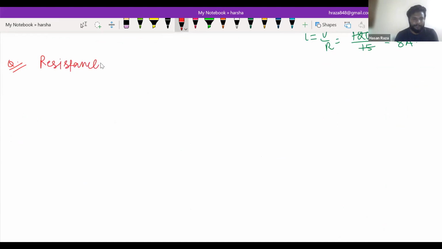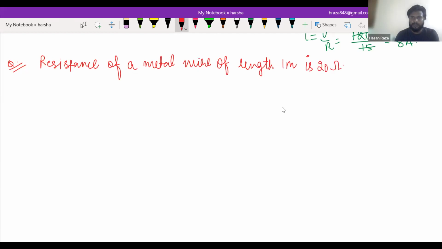Resistance of a metal wire of length 1 meter is 20 ohm. If the conductor is 1 meter long, the resistance is 20 ohm at 20 degrees centigrade. If the diameter of the wire